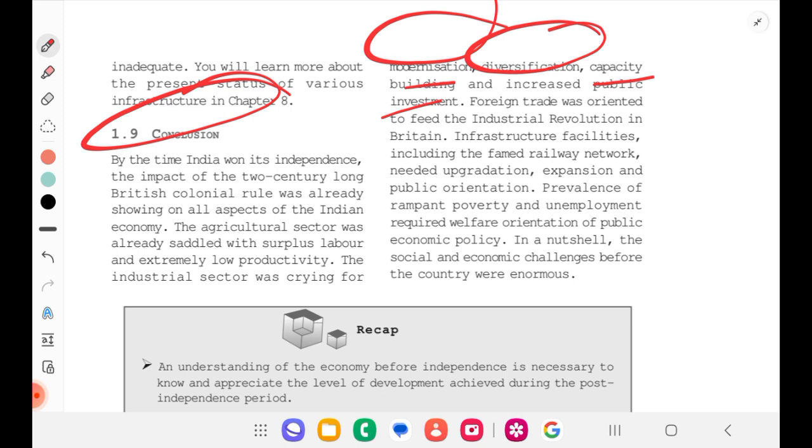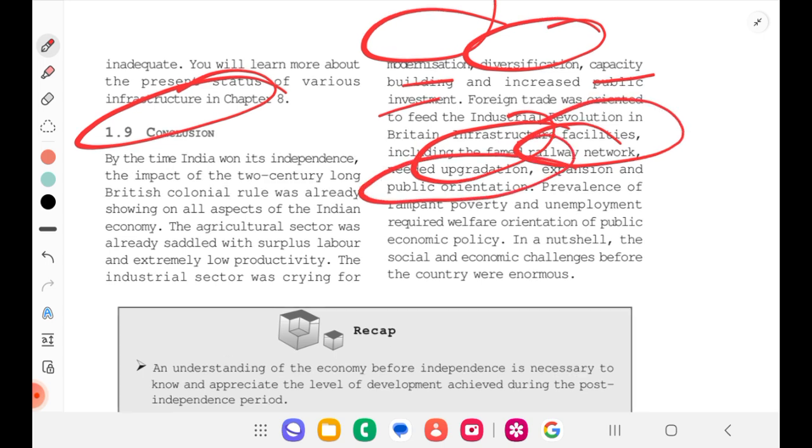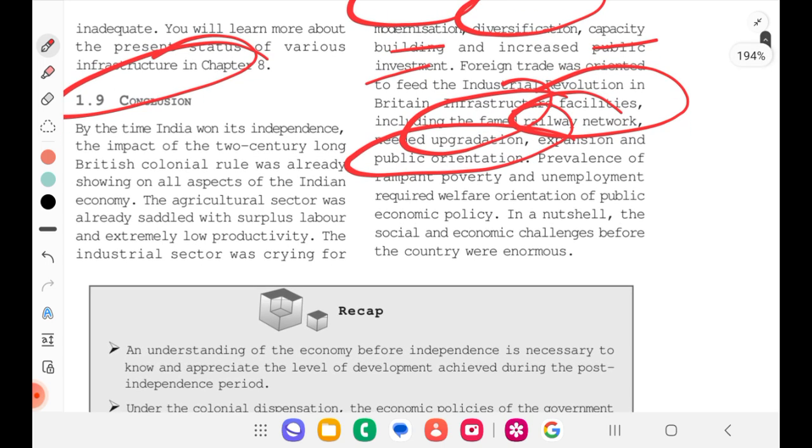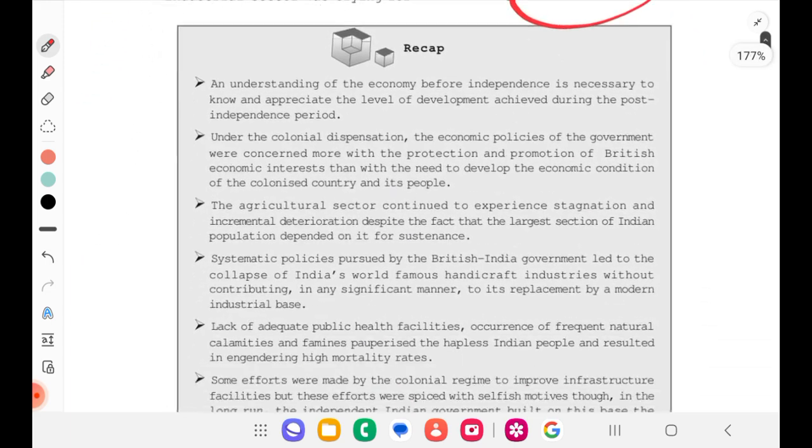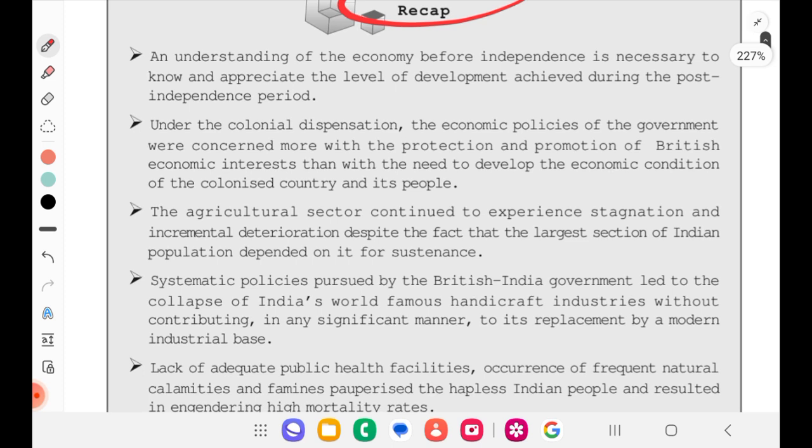Infrastructure facilities, including the famed railway network, needed upgradation, expansion, and public orientation. Prevalence of rampant poverty and unemployment required welfare orientation of public economic policies. In a nutshell, the social and economic challenges before the country were enormous. To recap, an understanding of an economy before independence is necessary to know and appreciate the level of development achieved